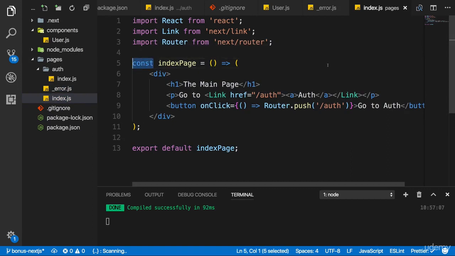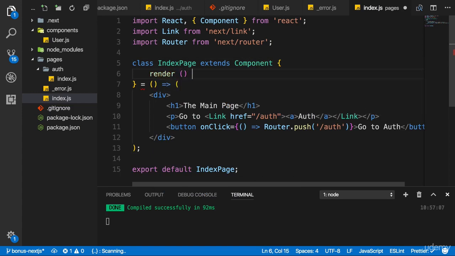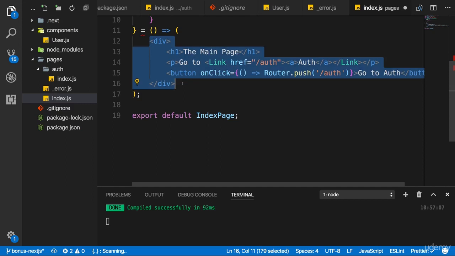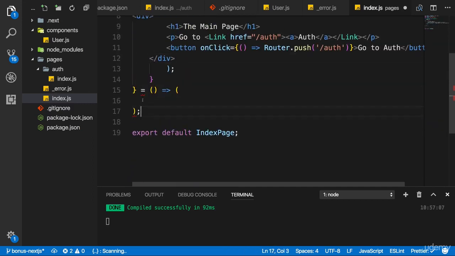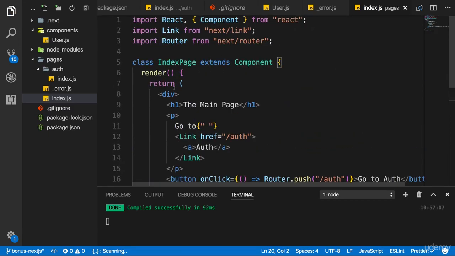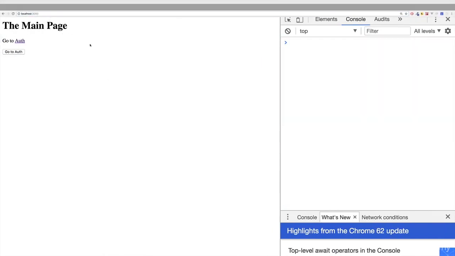And let's turn this from a functional into a class-based component by naming this class IndexPage maybe, exporting this as a default. Let's then also import Component from React because we still, as always, need to extend Component here. And there we have a render method. So this is all just the same where we return some JSX, and the JSX of course is the JSX I returned before. Let's get rid of that stuff down there, quickly reformat, and we're good to go. Everything should still work as before.